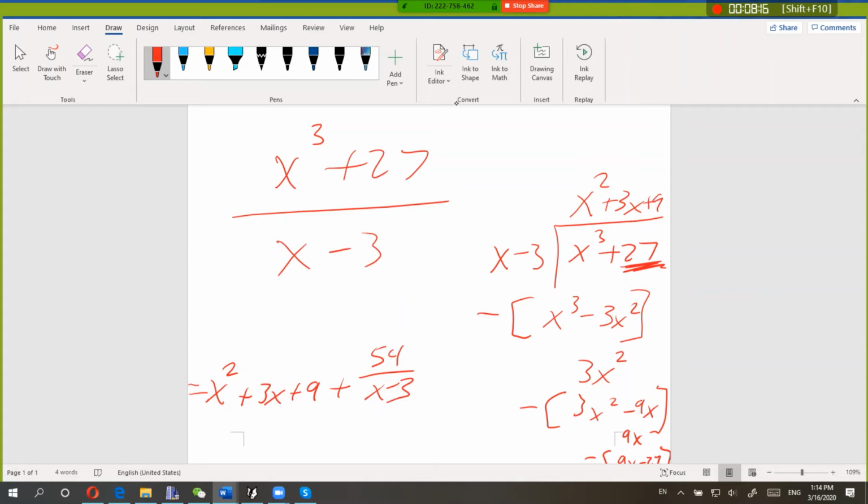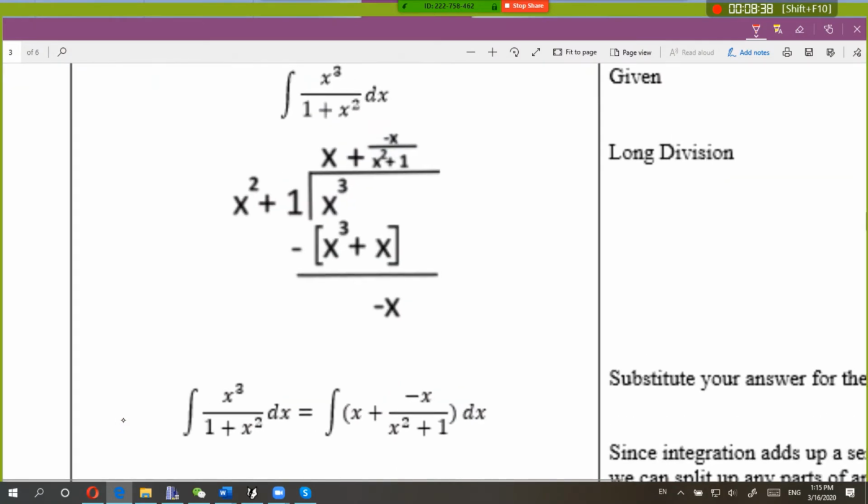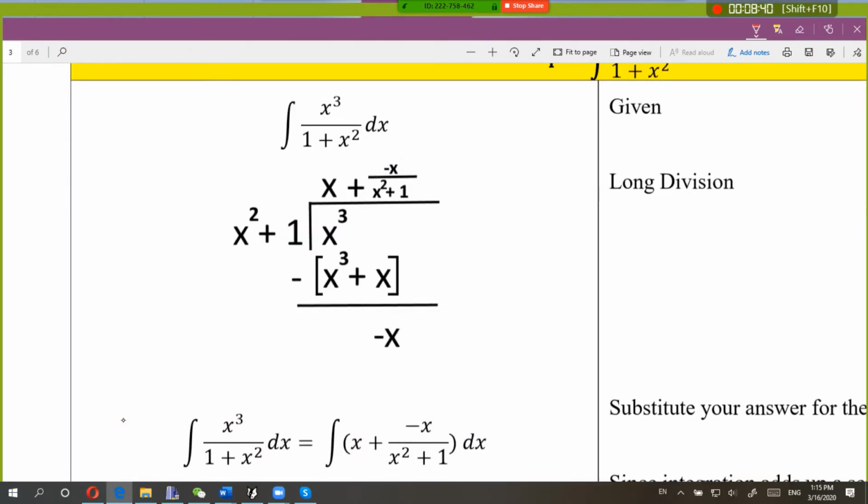Okay, so that's long polynomial division, back from Algebra 2. Any questions on what we did here? Okay, so where this is going to come in useful for us is anytime we have an improper fraction that we want to integrate. So here I've got